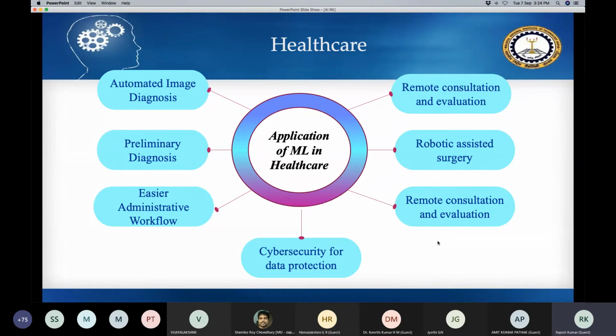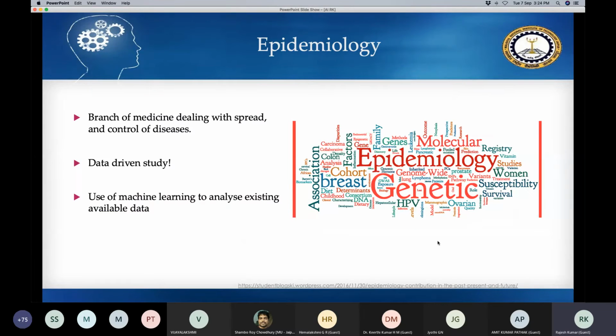The robot is an assistant to the operating doctor, and you can think of the level of accuracy required, because say the robot is operating on the brain, doing brain surgery or something like that. These are the areas where people have already successfully implemented AI techniques. This one is another one, like